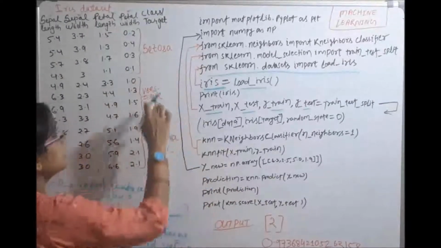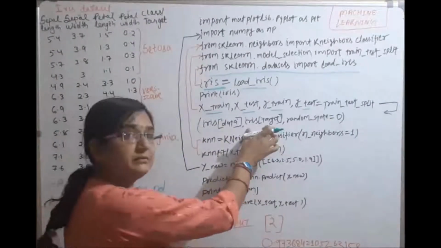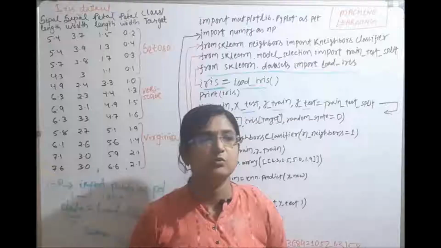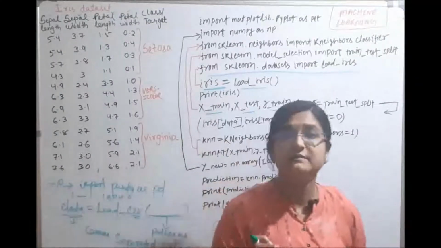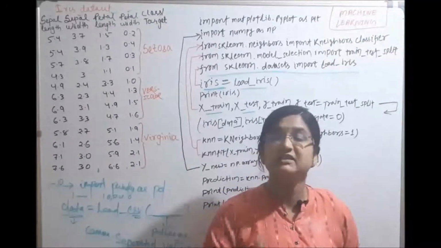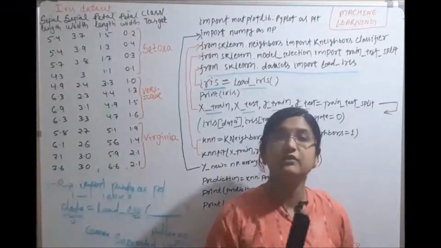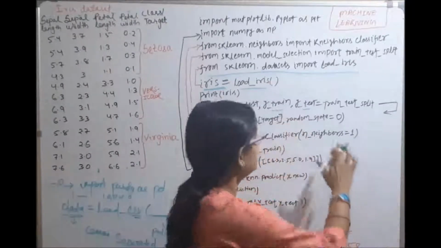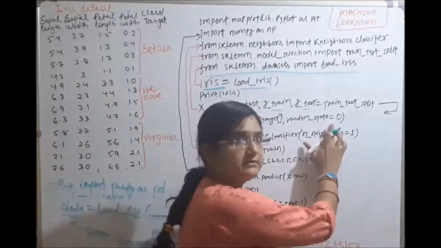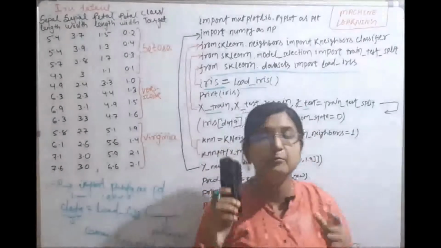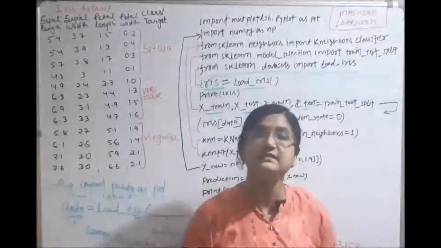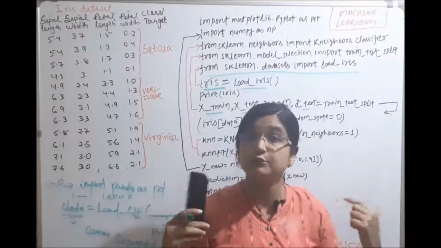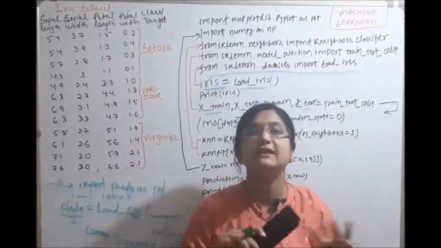So this is your target set. The next parameter is iris target, and the third parameter is random state. What is random state? Random state helps keep the values constant in your training and testing data sets. If I do not assign any number to random state, then each time I do the train test split, the train test values will change.